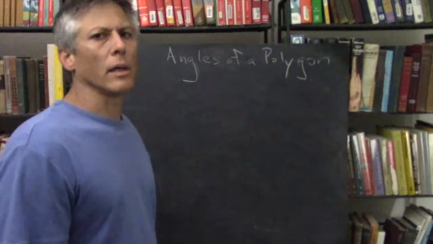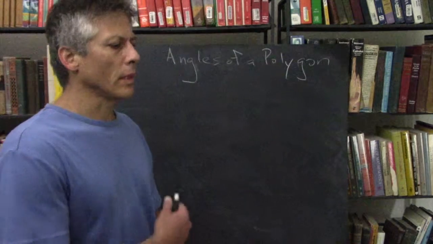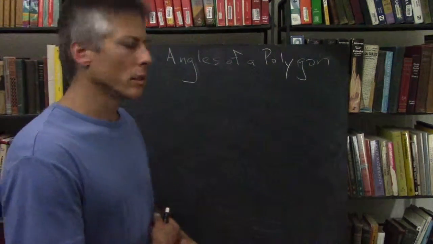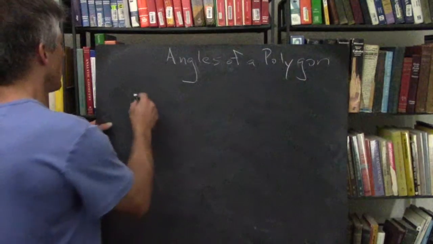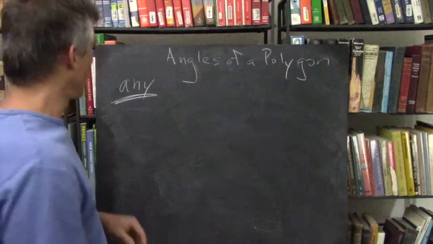So we're going to go over the angles of a polygon, review this. Now, for formulas, I'll give them first, then we'll do a proof of some of these. So, for any polygon whatsoever,